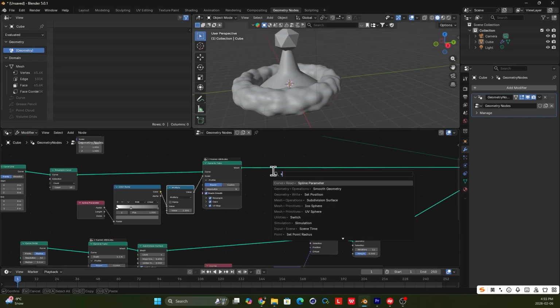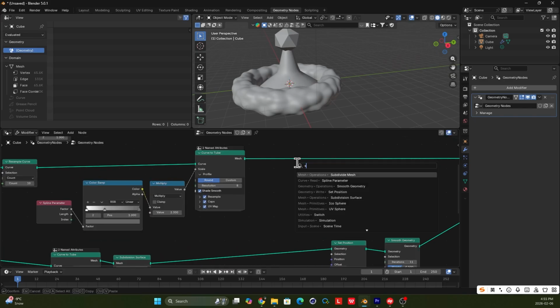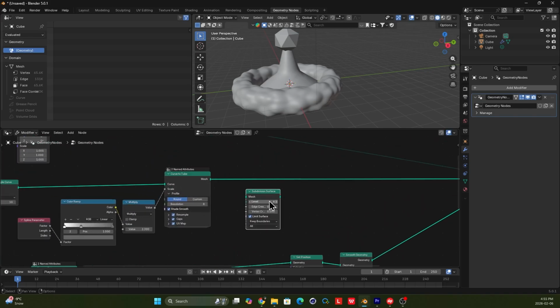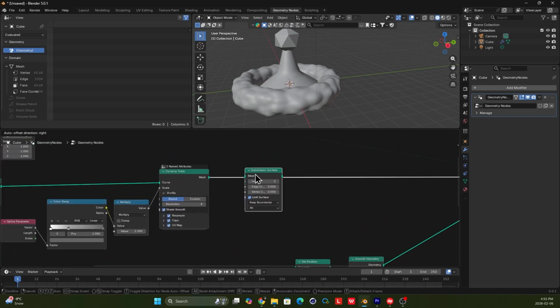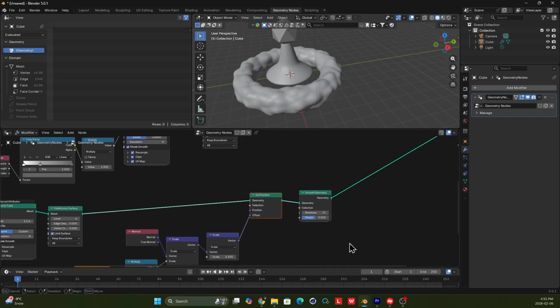And of course I need to subdivide it. Subdivide mesh. No, subdivide where? It's here. We need to subdivide this, maybe not 4 times, 2 times. And then to make it look more organic, more better,